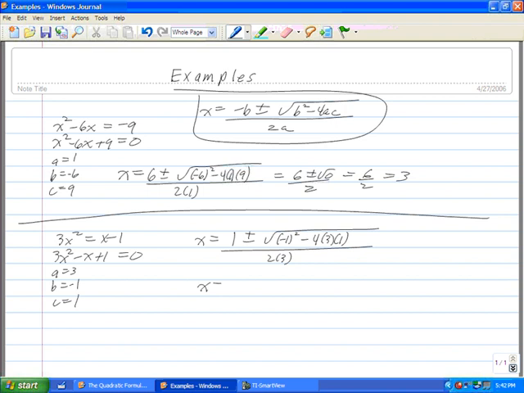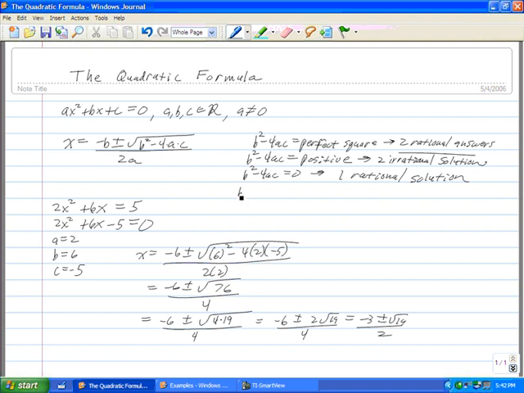So we get x equals 1 plus or minus the square root of negative 11 over 6. Now, as you know, we cannot take the square root of a negative number. So what this implies for us is that this problem has no real, and by real we mean real number, solution. So we can come back here again and summarize. If b squared minus 4ac equals a negative value, then that implies no real